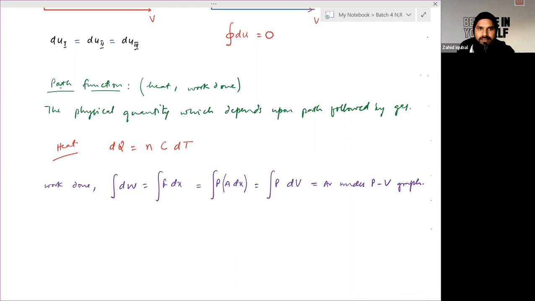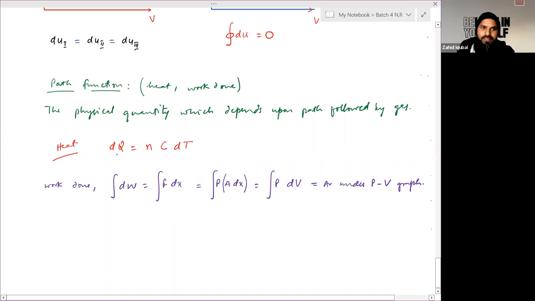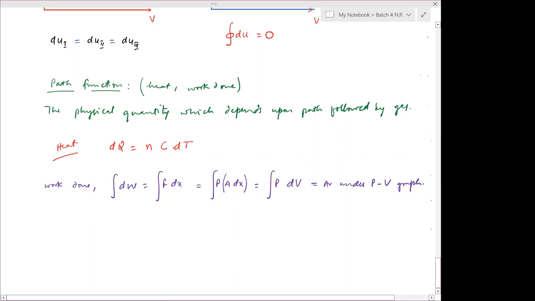Okay, sir. But why did you write the formula for dq? dq is heat supplied or ejected. It depends upon three parts: number of moles, molar specific constant, and dT. As we defined in the last chapter about specific heat, m S delta T. So in terms of mass, here we use number of moles. In terms of specific heat, we use molar specific heat times change in temperature. Gautam, is it clear? So C is the molar specific heat capacity.